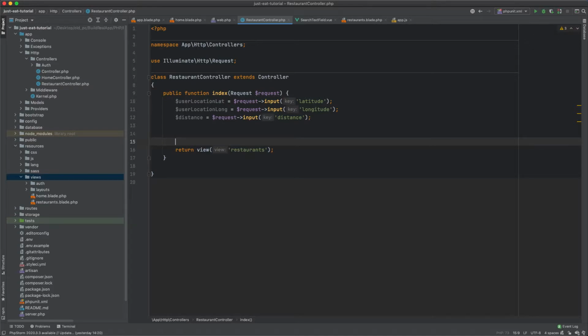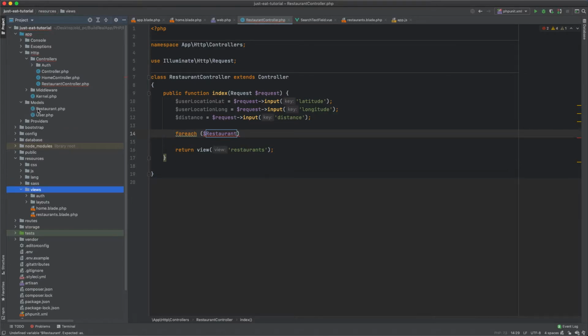We have to do it like the following. First of all, let's loop through all the restaurants. How we can grab this is very simple. We have our model, right? Did we create a model for this? Yep, created, this one. So in here, how can we grab all the restaurants? Loop through all the restaurants,